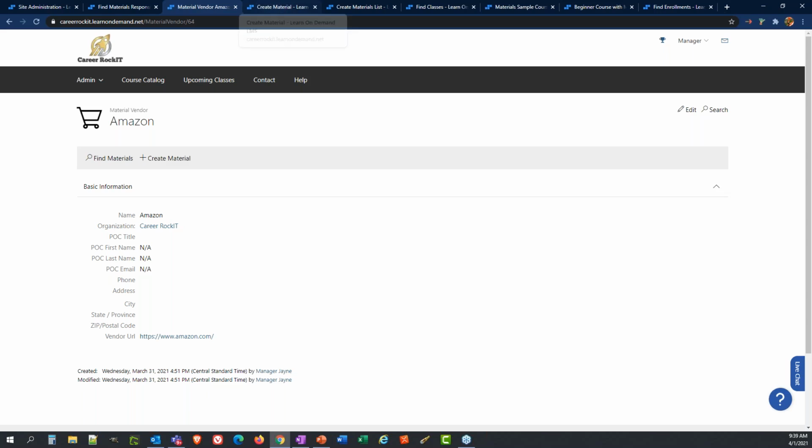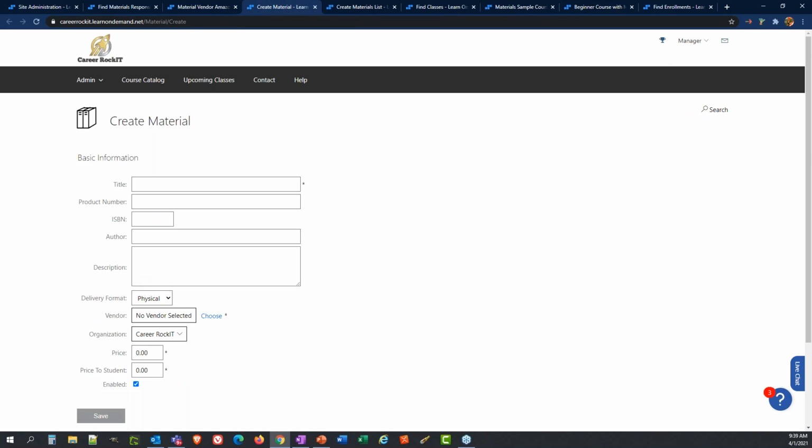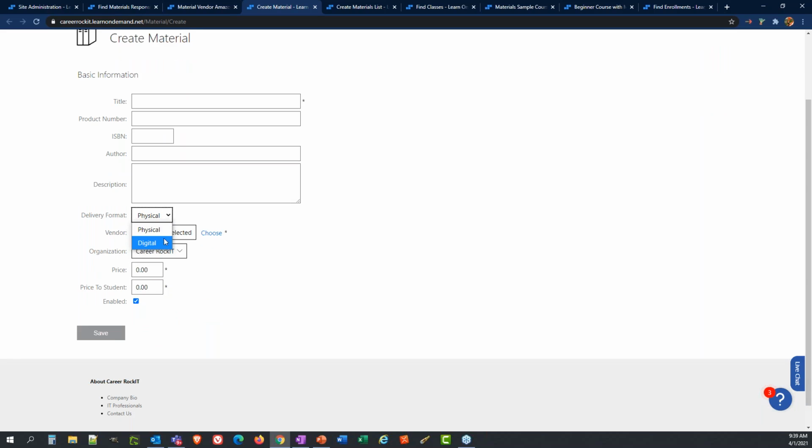This is a lot of work up front, so I do know that it can be a bit much. When you go to create a material, you're going to put in a title for that material. You can put in a product number. If it's a type of book, you can put in an ISBN number. Add your author, add a description. You can choose between physical and digital for the